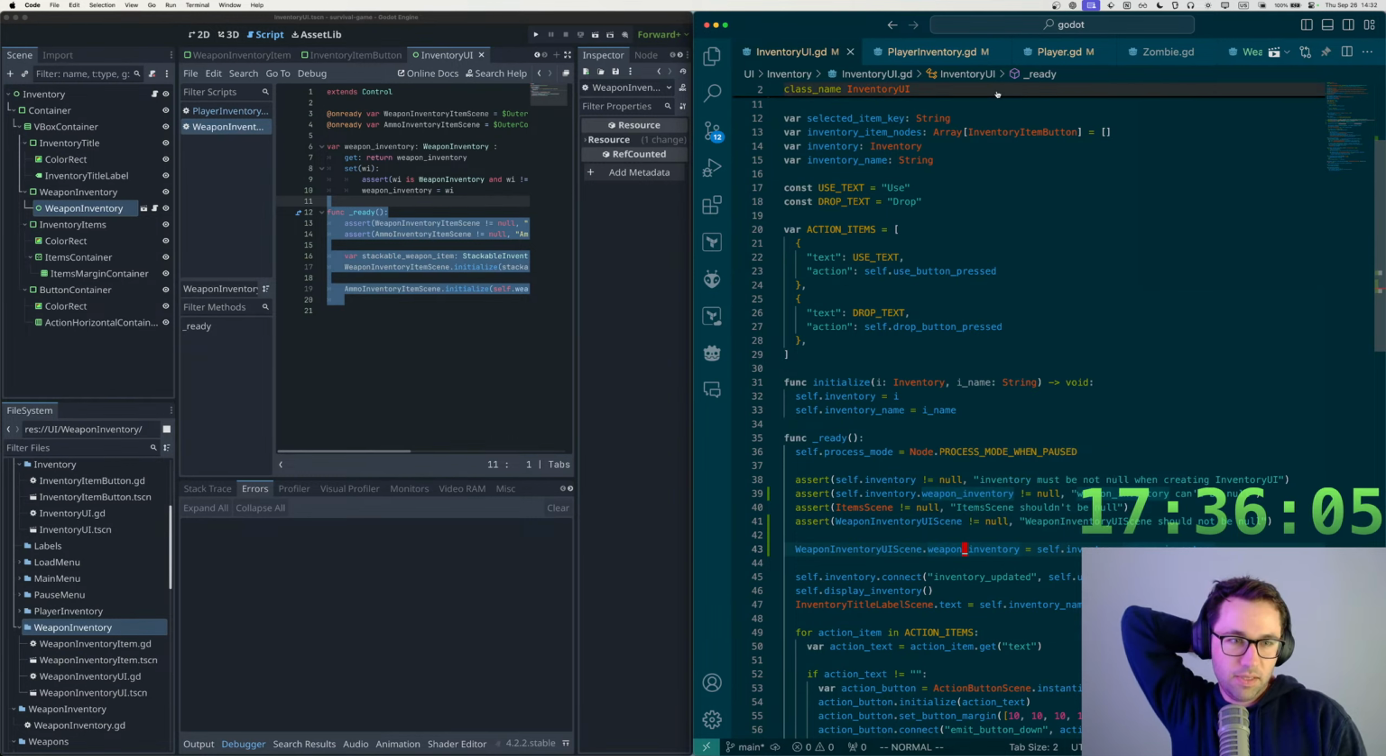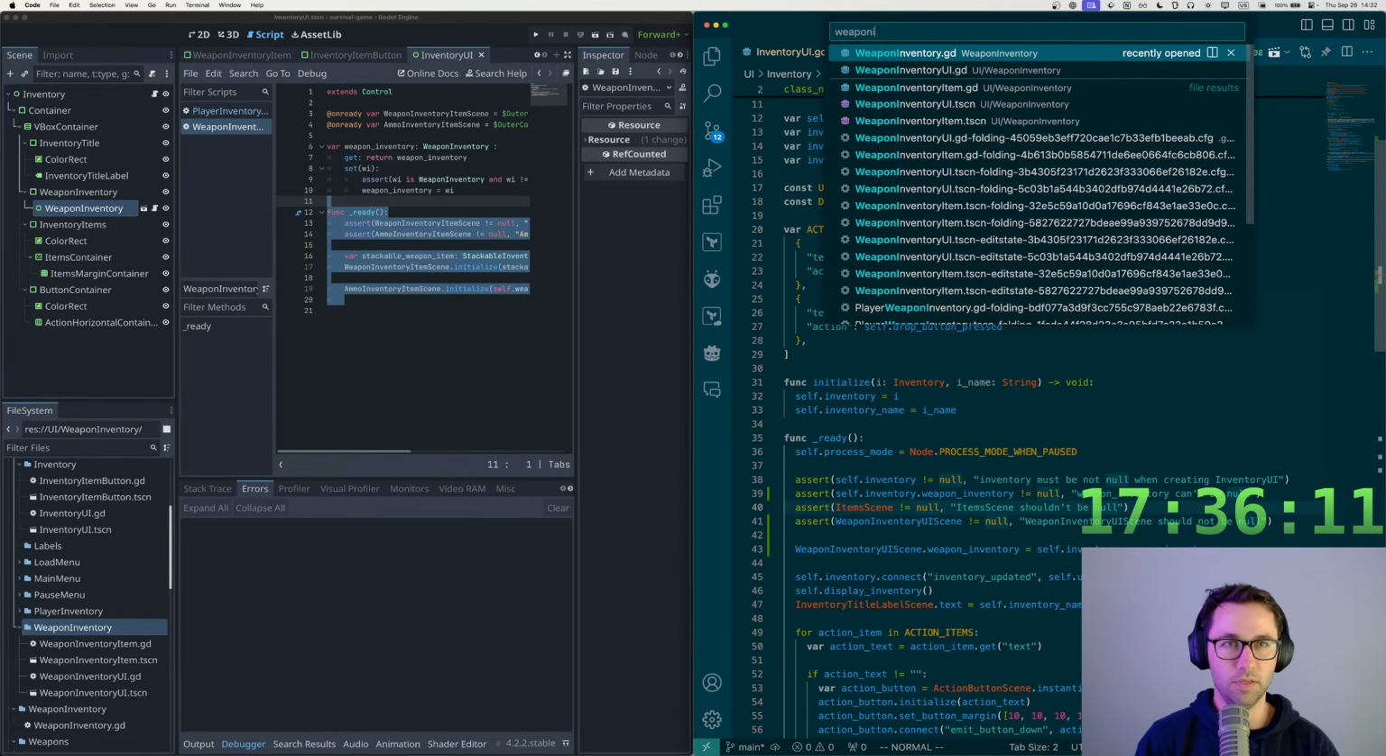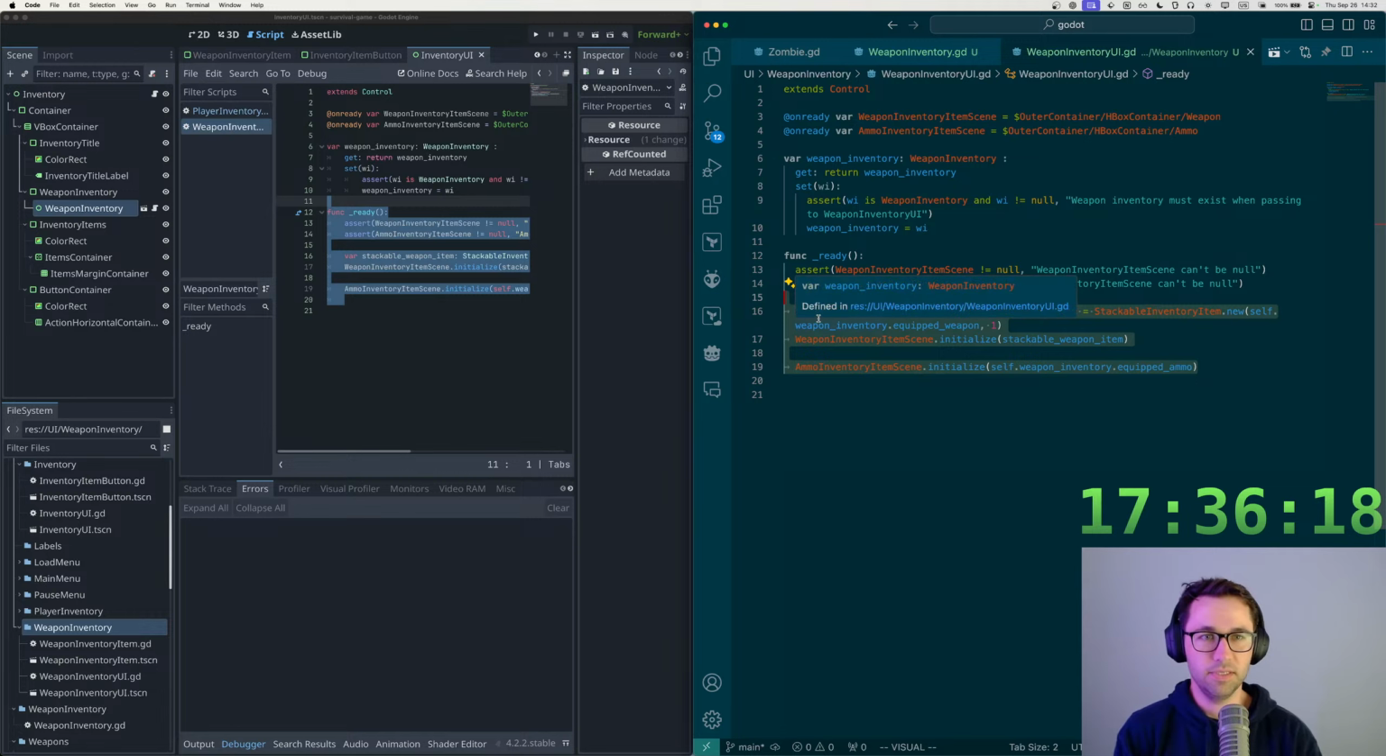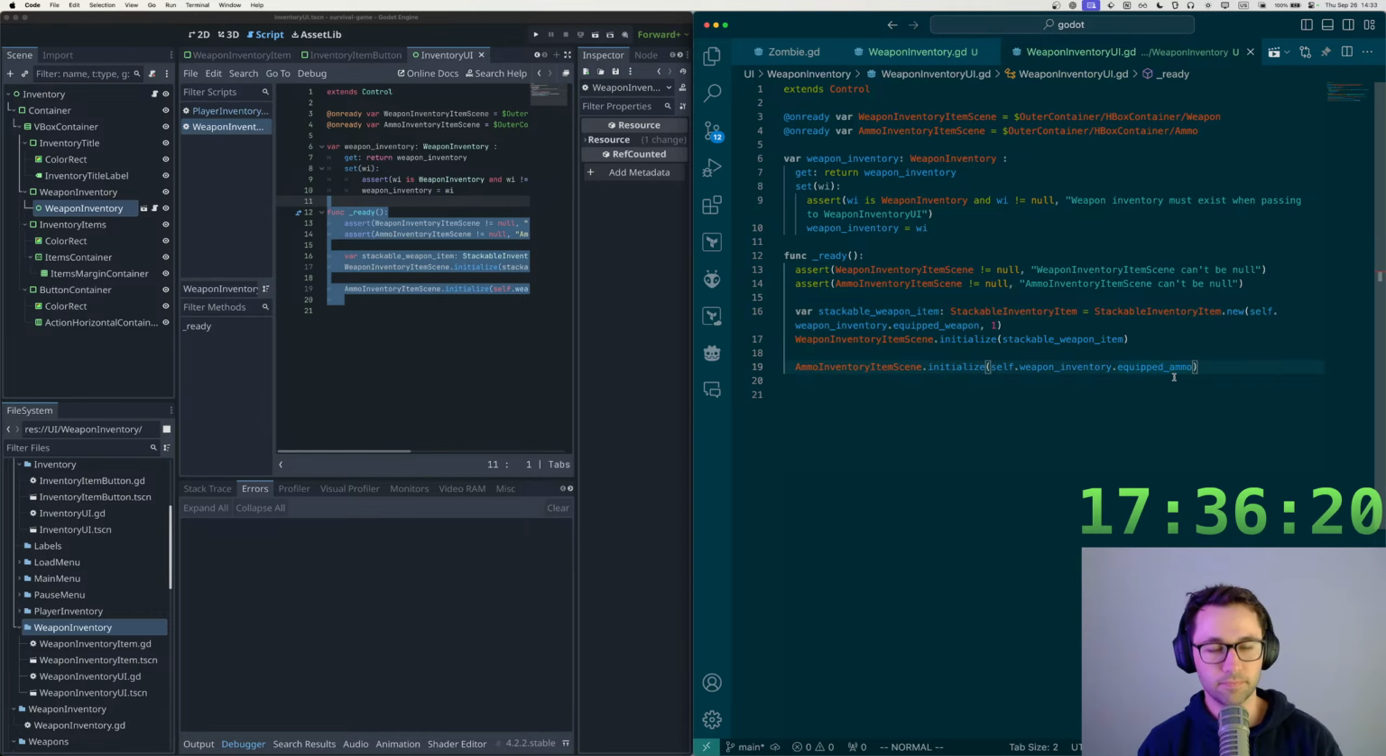So I guess the thing to do is, in weapon inventory UI, I don't initialize these in ready. I instead do all of this in an initialize function. Although these scenes might not be ready. Oh, okay, no. So actually,